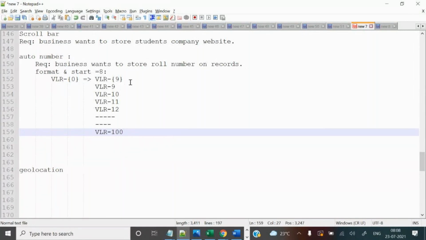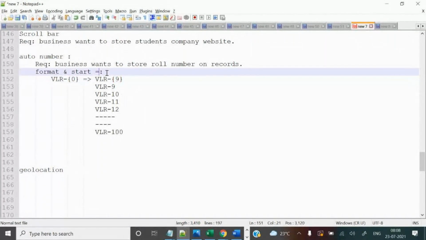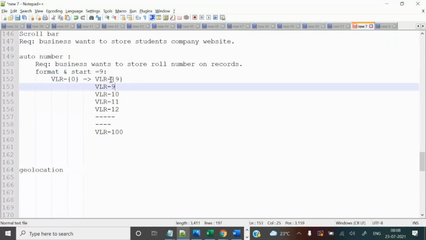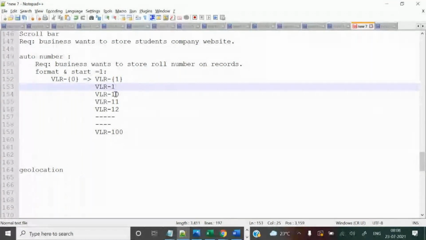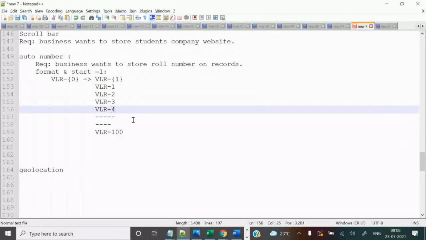So text should always be outside with some kind of symbols you can add, but zeros always within the curly brackets. Sorry guys, here the starting number is 9, that is the reason for 9. Suppose I have started with 1, then 1, 2, 3, 4, first record, second record, third record, it keeps going like this.